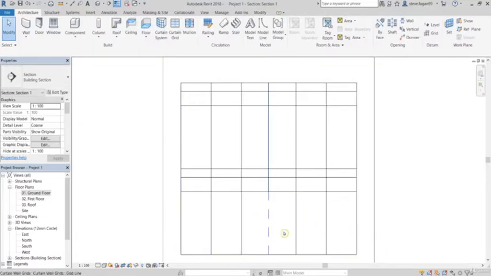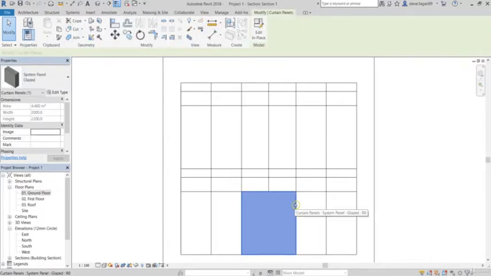So next what we're going to do is add in a different panel in here. In order to select the panel, hover over the edge, clicking the tab key once at a time and running through each one of the panels. Once the panel that we want to change becomes highlighted in blue, click once with the mouse to make the selection. So if we go to our properties